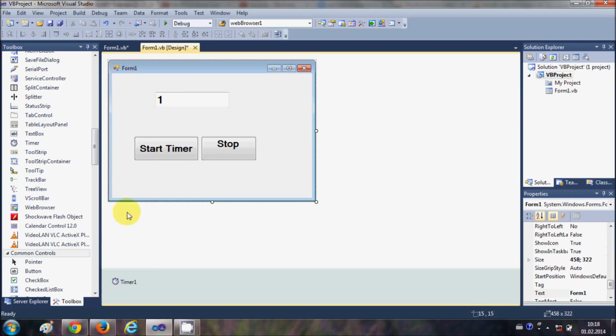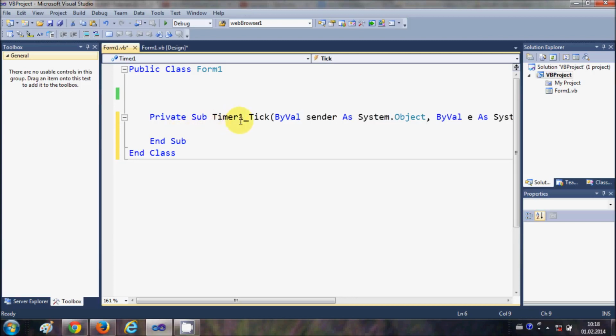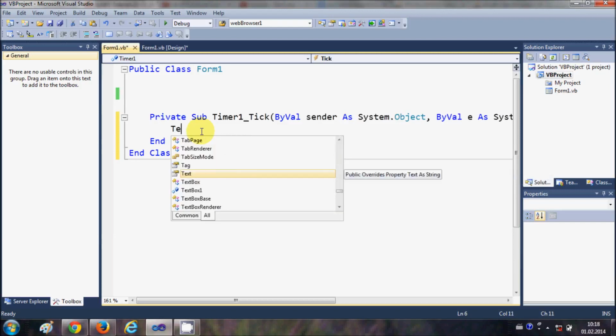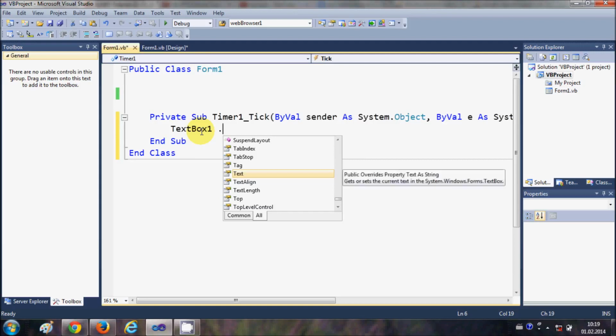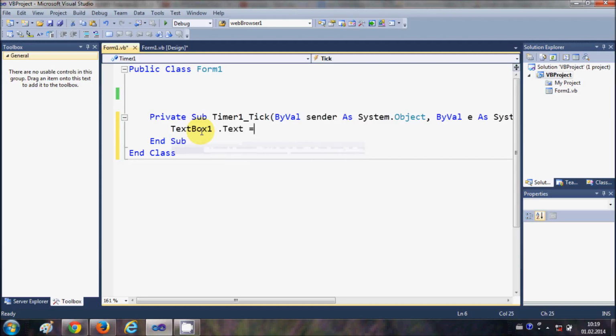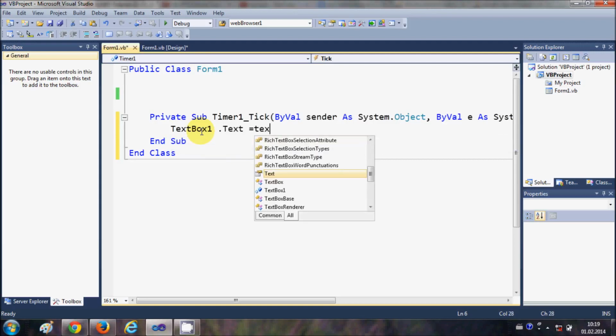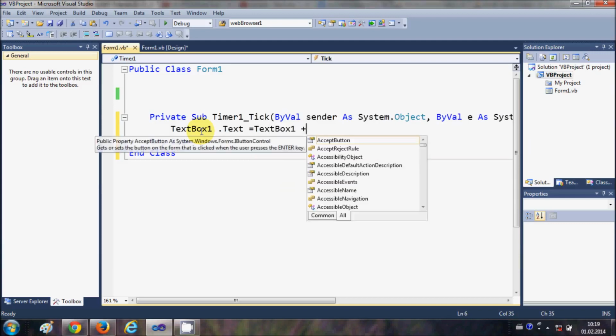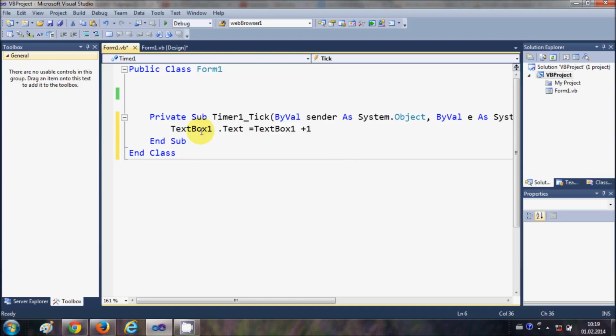Now first of all, I will go to this timer. I will select this timer, and in this timer tick event I will write TextBox1, which is the name of my text box, dot Text is equal to, once again, TextBox1 dot Text plus 1, for example.